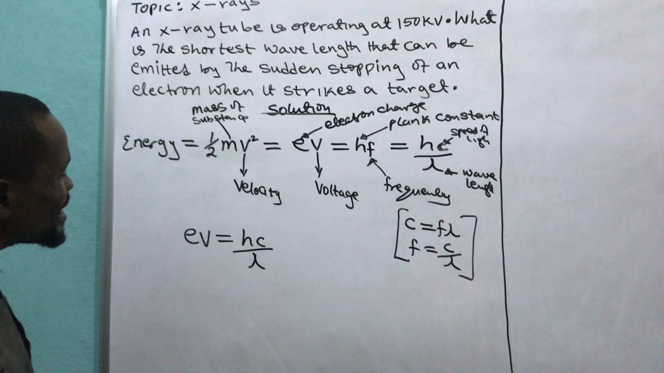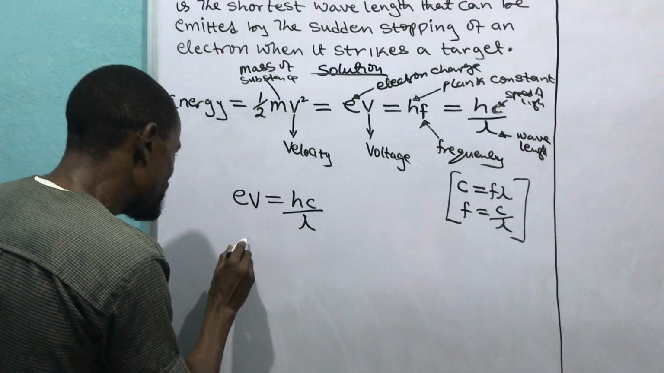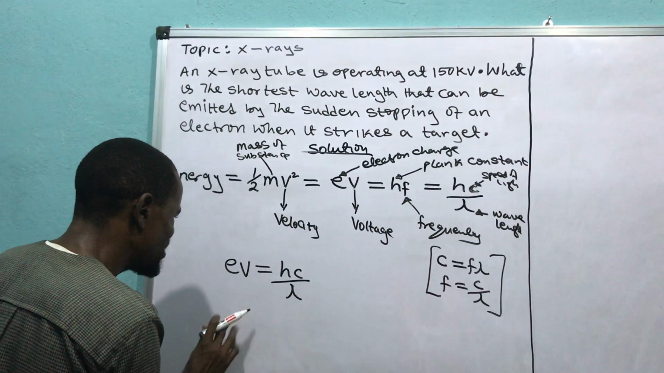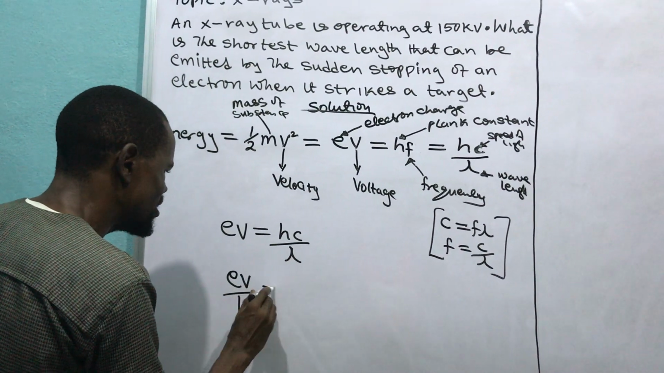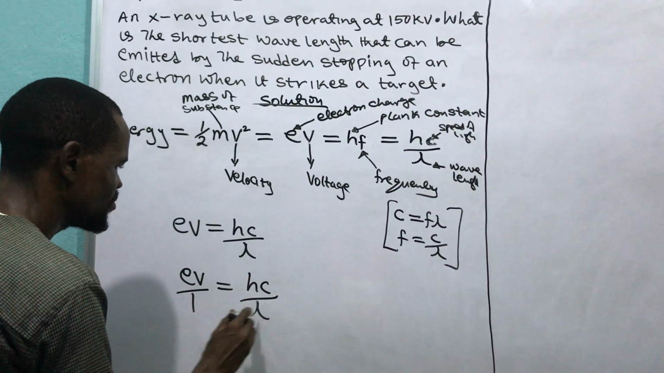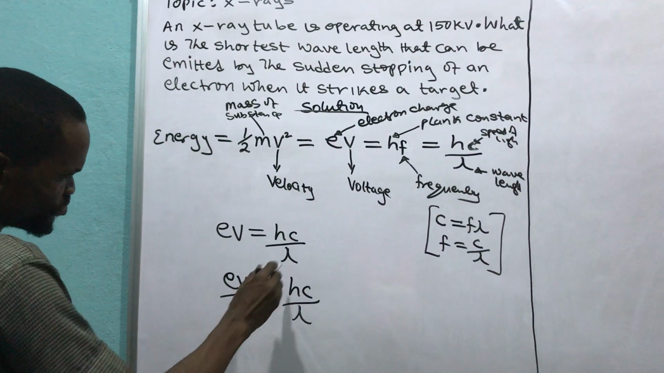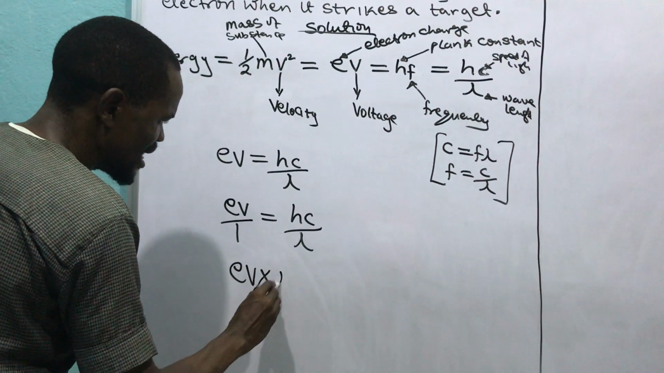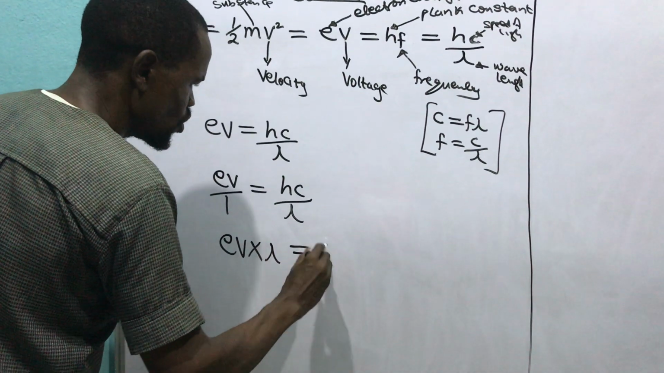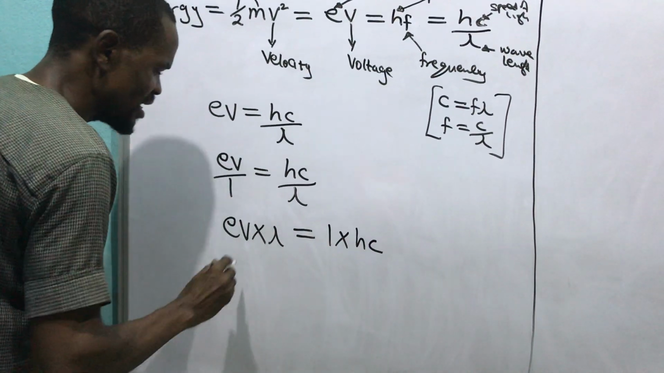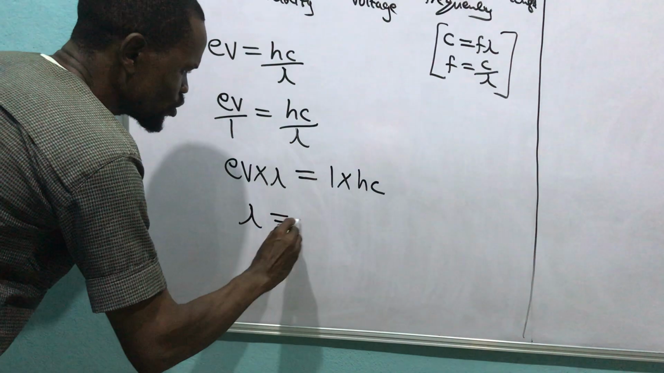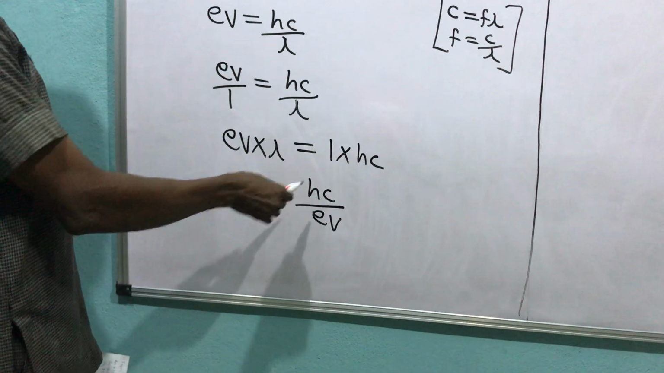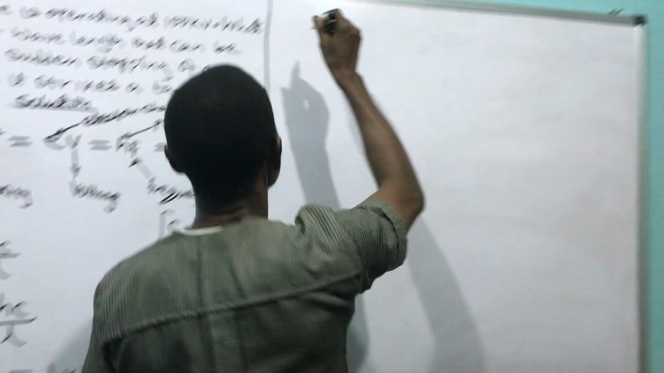Then what do they say I should get? They say I should get the lambda. I will make lambda the subject of the formula. I will say eV over 1 is equal to hc over lambda. Making lambda subject of the formula, I will have eV times lambda is equal to 1 times hc. Then I will have that lambda is equal to hc over eV. Where